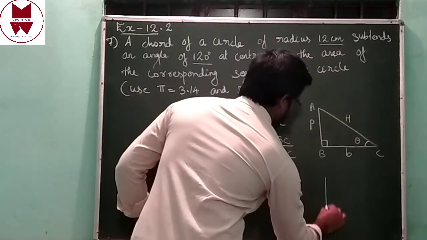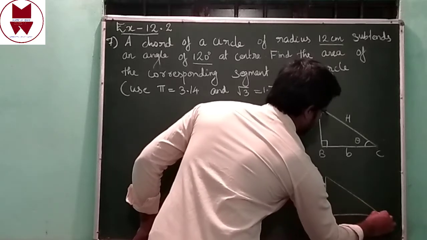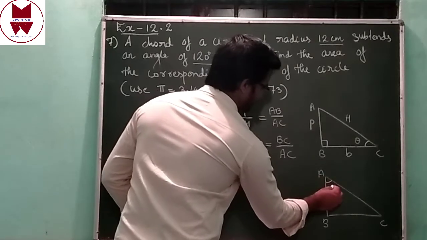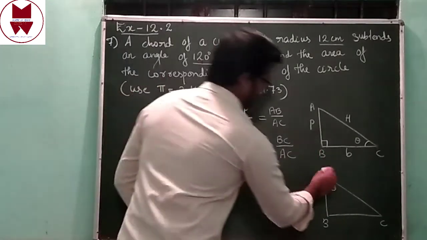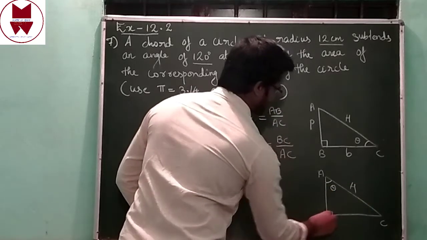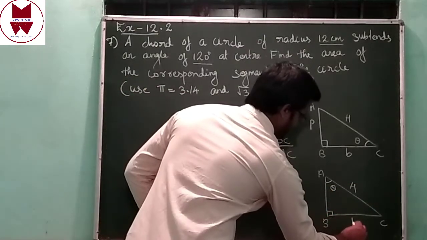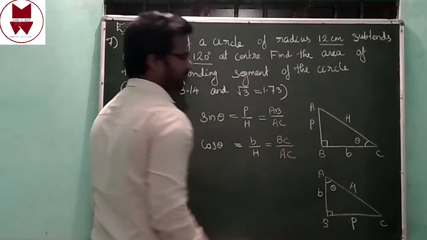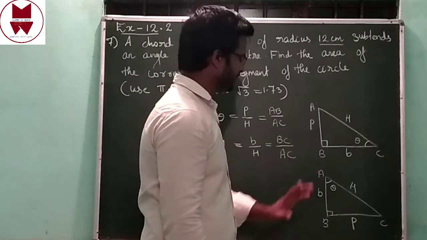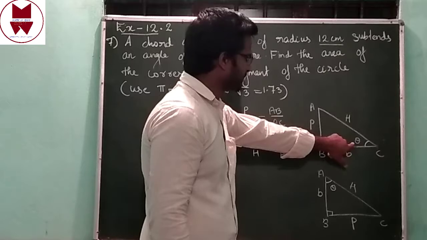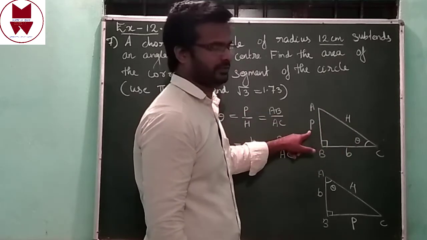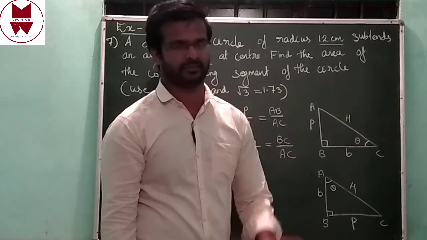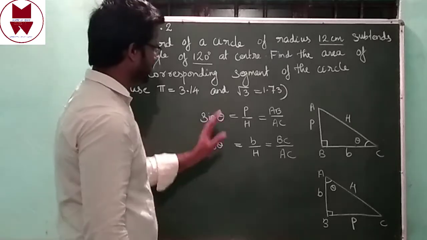We can see another triangle A, B, C. In this case we consider angle theta at this place. The hypotenuse is the same, AC only, and it will not change. Then the perpendicular is the just opposite one, and the one nearby theta is the base. In the same figure, with theta here, AB will be the perpendicular. But with theta here, just upside, BC will be the perpendicular. Keep this in mind, as we will use these two things in this question.